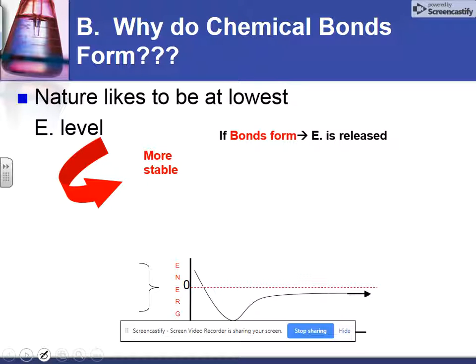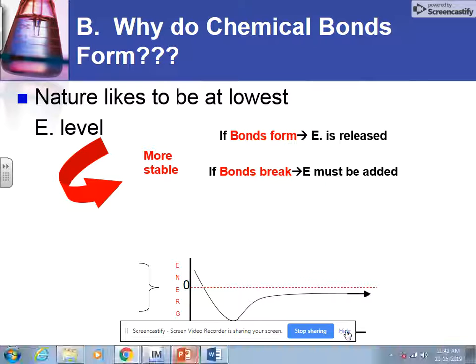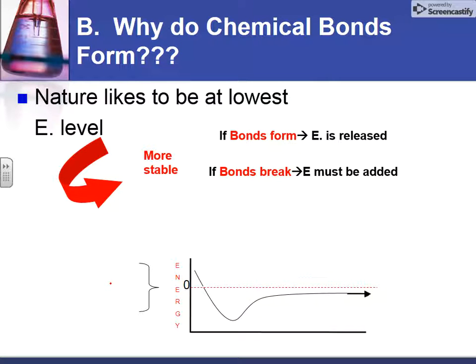So if a chemical bond forms, what always occurs is that energy will be released. And by releasing energy, the atoms are put at a lower energy state, and therefore it makes the entire molecule more stable once the elements have obtained their octet rule. If a chemical bond were to break, energy would have to be added. Just like if you were going to break a stick, or a piece of wood, or a piece of chalk, you would have to input energy. Similarly, when a bond breaks, energy has to be input.